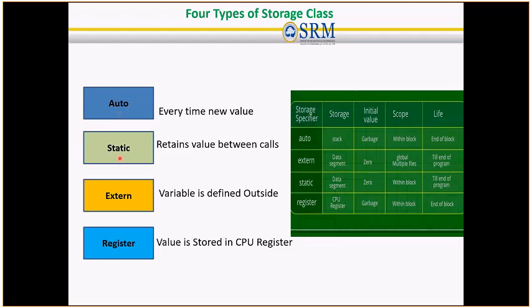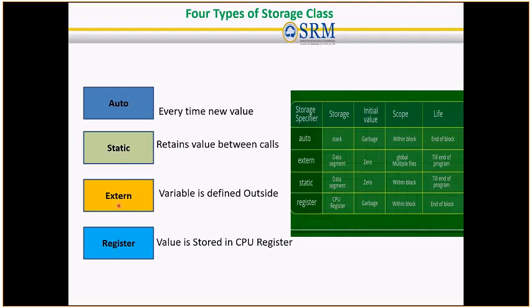Next comes the static storage class. Static variables are used within a function or file as local static variables. They can also be used as global variables. A static local variable is a local variable that retains and stores its value between function calls or blocks, and remains visible only to the function or block in which it is defined. Static global variables are global variables visible only to the file in which they are declared. Example of static storage class: static int count = 10;